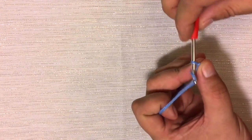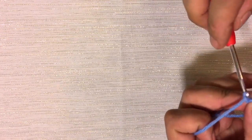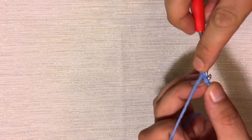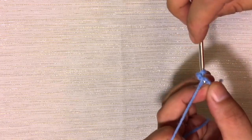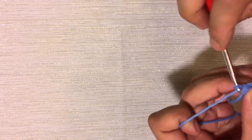So let's go ahead, instead of making the magic ring. If you want to make the magic ring, you go right ahead, but it's a little difficult for people who are beginning. So we're going to chain 2, and then right here in the first chain we're going to start with our 6 single crochets. So there's 1